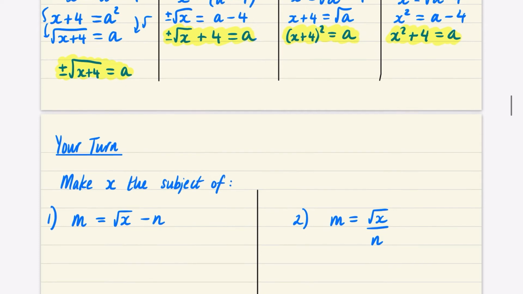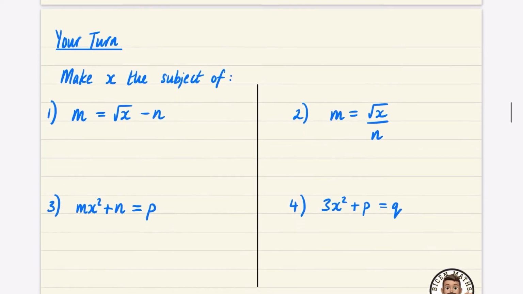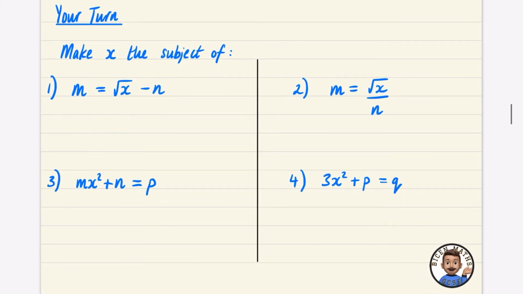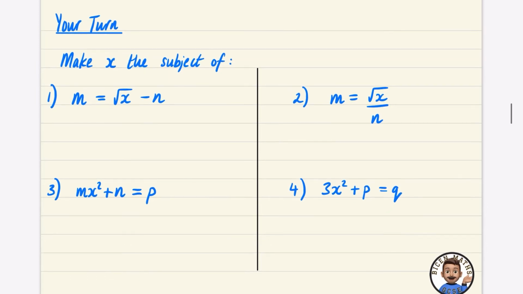So I have got 4 questions here that have square root signs in. Maybe they're a little bit easier, maybe they're a little bit harder. I want you to see if you can make x the subject of these 4 questions. Okay, so pause the video and have a go, but if you are watching, we're just going to keep going